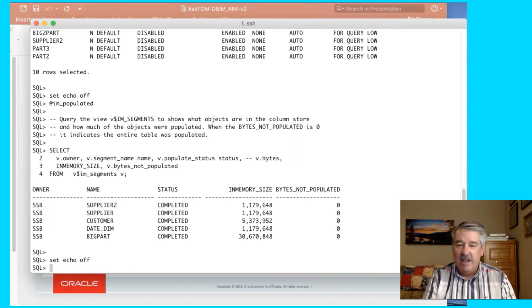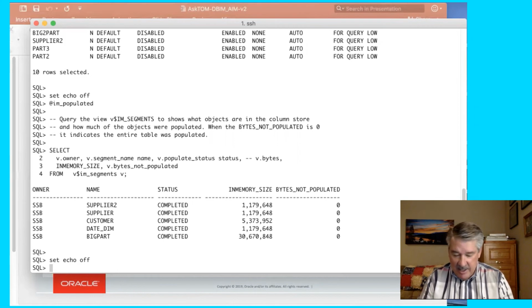What I have is the two supplier tables, customer, and date dim, which are not huge. But the big part I added is much larger, just so that I'm able to fill up the column store, so I made a couple that would definitely do that. We want to be able to trigger a population failure, so that's the table I've set. And then our current IM usage